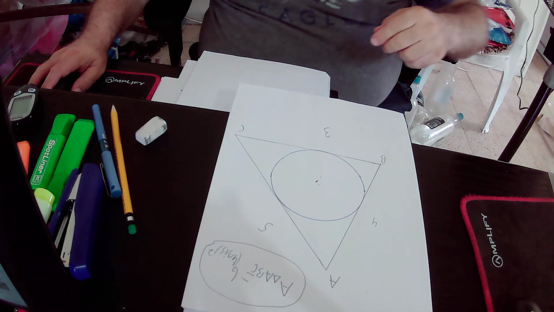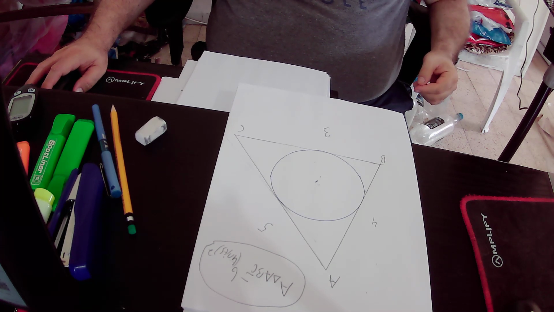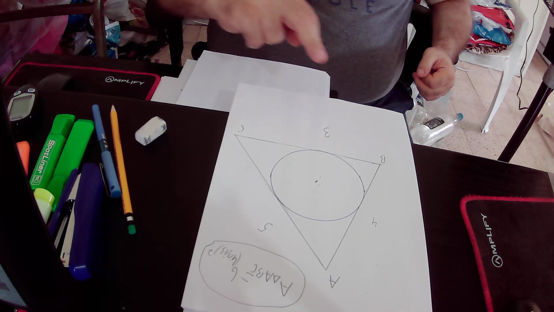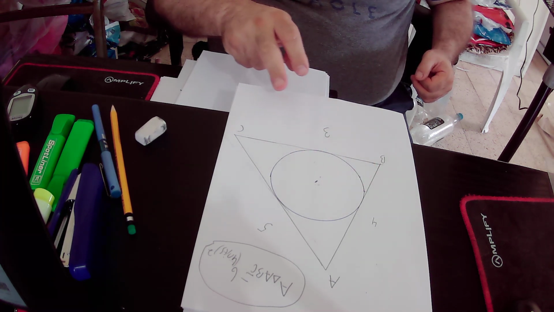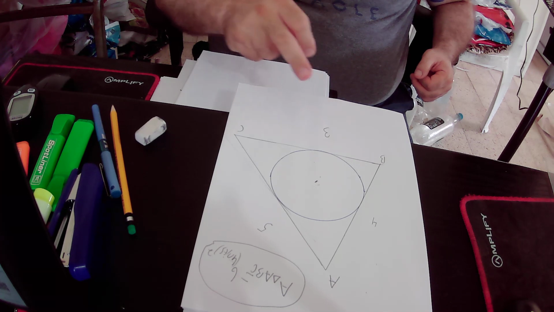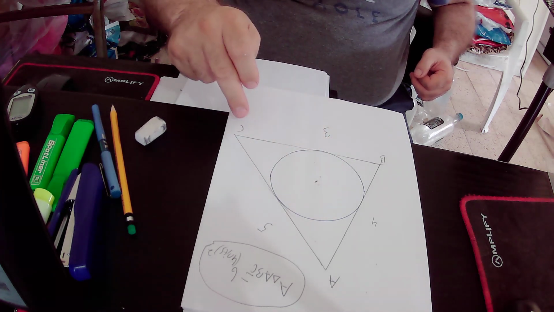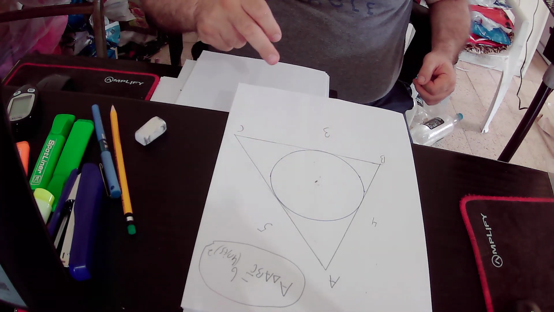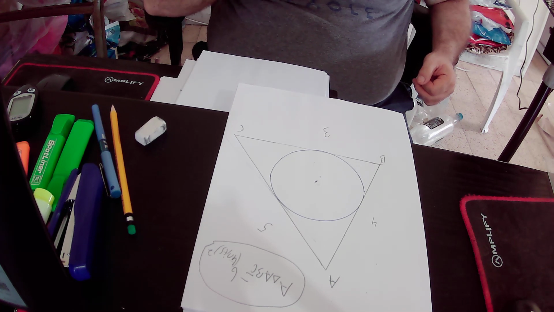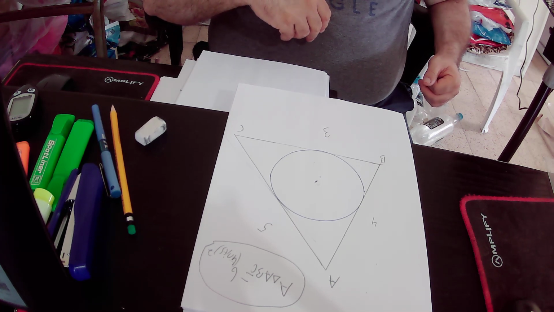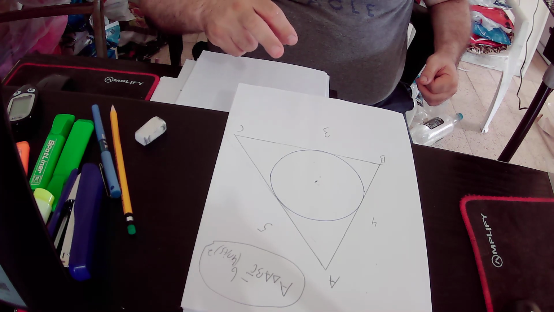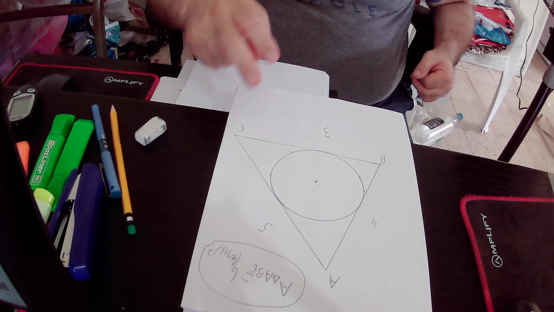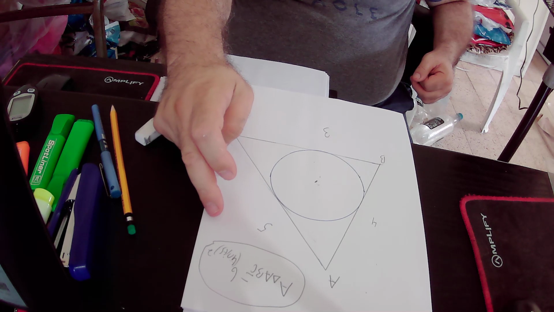We have triangle ABC with side AB equal to 4 units, side BC equal to 3 units, and side AC equal to 5 units. And we know that the area of triangle ABC equals 6 units squared,